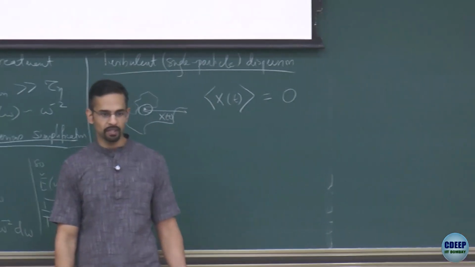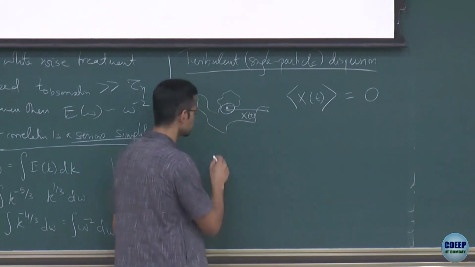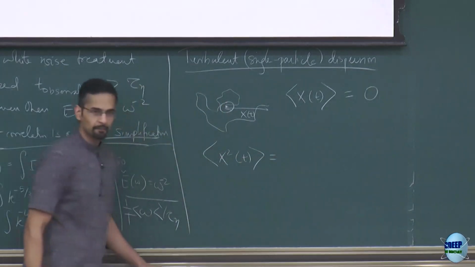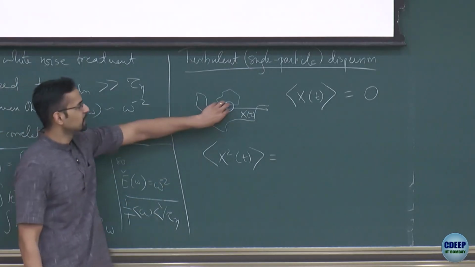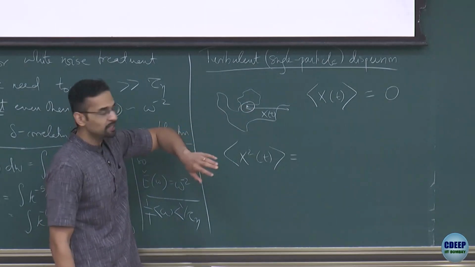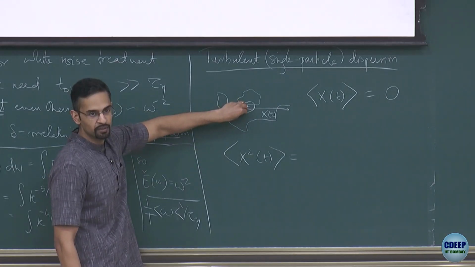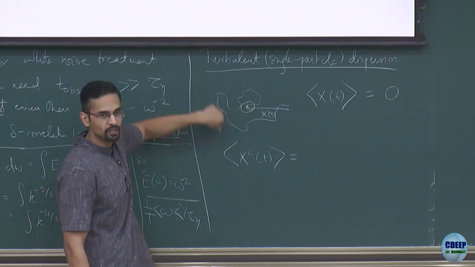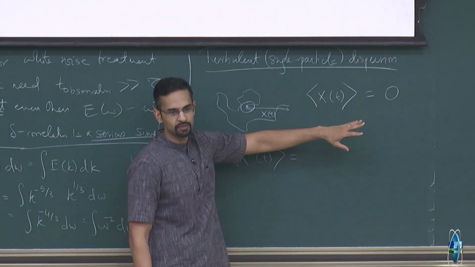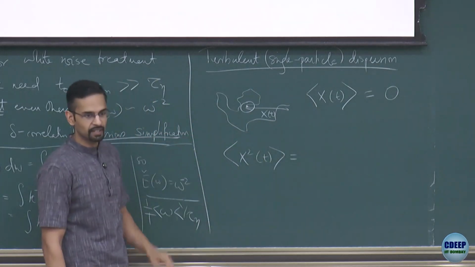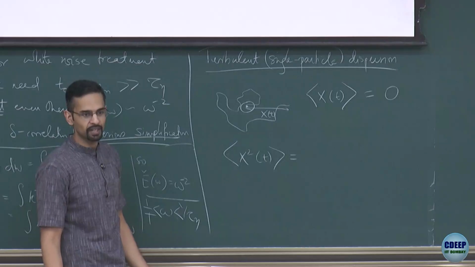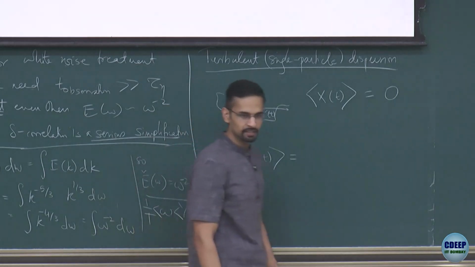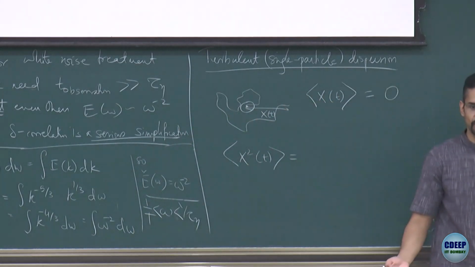Okay. What will be non-zero? The root mean square displacement, right, or the mean square displacement. So that's what we'll look at next, right? Right, what should this be? So this will not be 0, right, because now I can think of my ensemble experiment as putting many tracers in the same flow, right? So they will all spread out in random ways, equally likely. So the average displacement of all of them will add up to 0. But if I take the squares of those things and add them, then they won't cancel out. Right? Then x squared will give me roughly the size of the ball squared, just like in random Brownian diffusion.